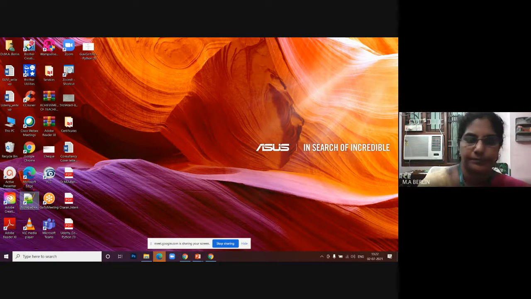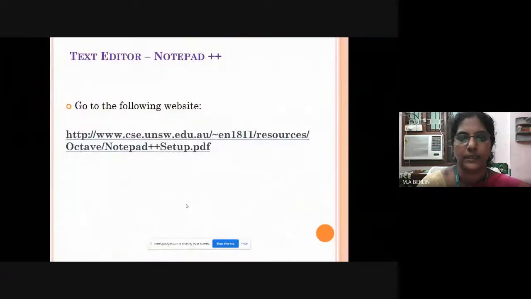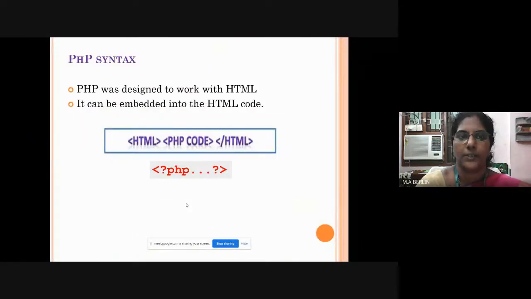Now we just see the introduction part of PHP. PHP, as I said earlier, can be embedded with the HTML. So here, as I showed, HTML will be the start tags, and it can end with the HTML tags.